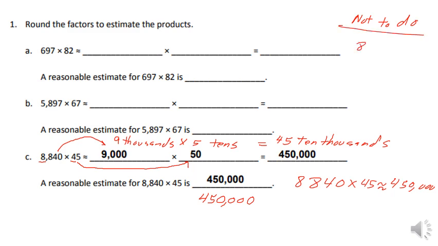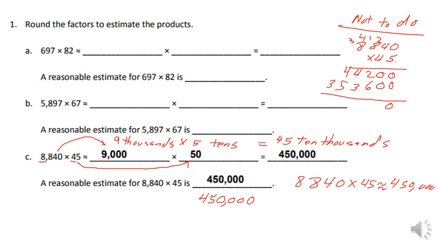Let's say we have 8,840, and we're going to multiply this times 45. So we know 5 times 0 is 0, 5 times 4 is 20, 8 times 5 is 40, plus 2 is 42, 8 times 5 again is 40 plus 4 is 44. Now we're actually going to multiply by 40, but we're going to put a placeholder here, and 4 times 0 is 0, 4 times 4 is 16, 4 times 8 is 32, and 1 is 33. And 4 times 8 is 32, and 3 is 35. When we add them up, we got